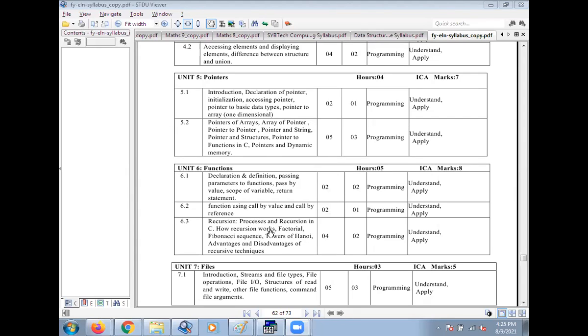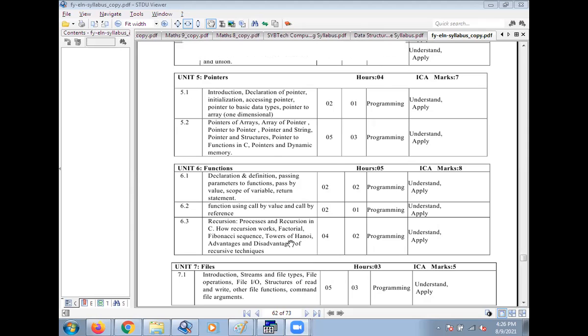Then how recursion works. One program we have taken, factorial of number. Then one part only explanation we have taken, Tower of Hanoi. Then what are the advantages and disadvantages?